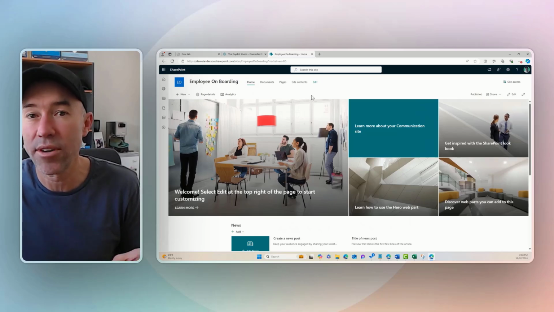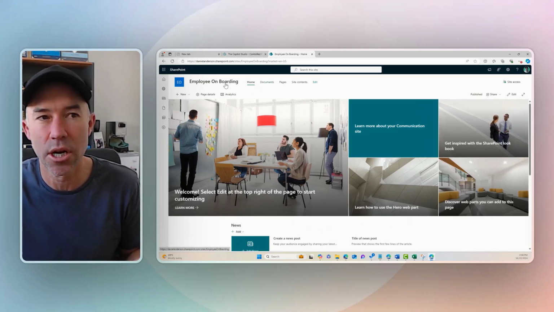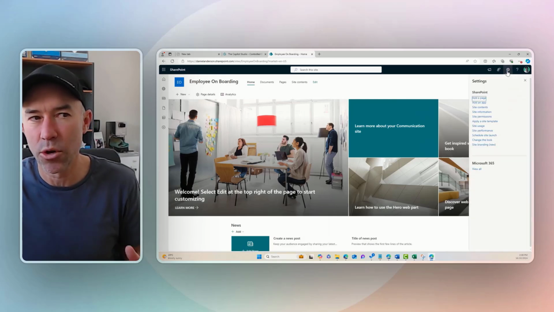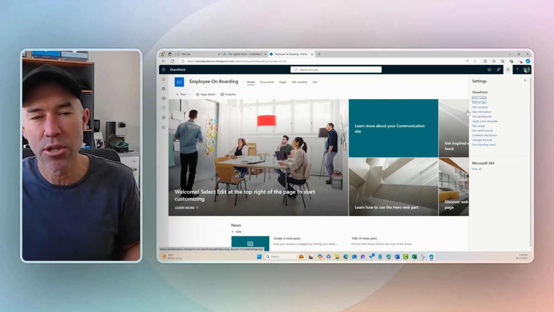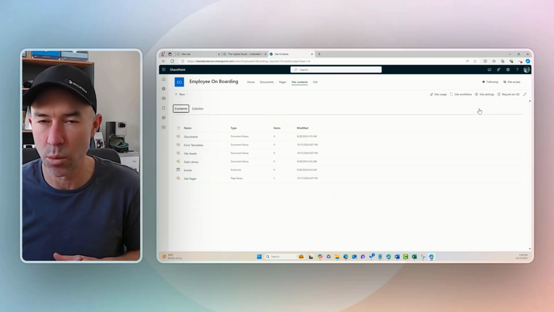Now we've got our global navigation. This is the site navigation for this employee onboarding site. Top right hand corner, we've got our settings icon. And if we go to site contents, that'll give us an overview of what's been provisioned when we create an